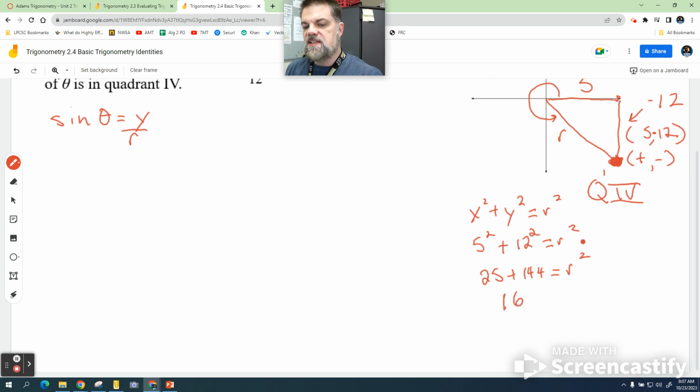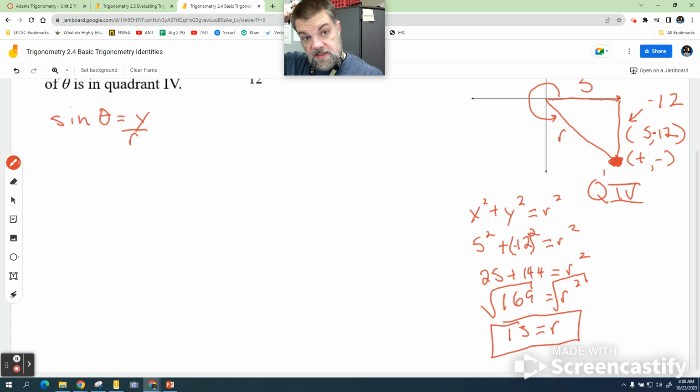That gives us 169 for r squared. And when you take the square root on both sides, it's just 13. What's that? Is it negative 12? Yeah, this is technically negative 12, but when you square it, it'll be a positive 144. Yes, good call. So then this becomes negative